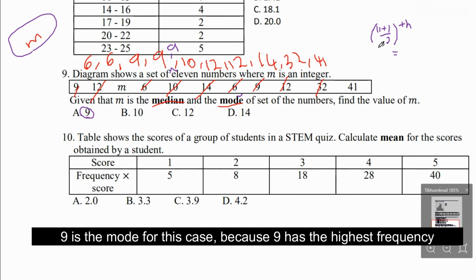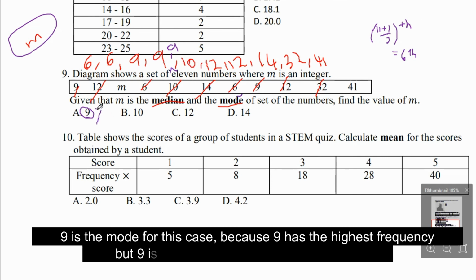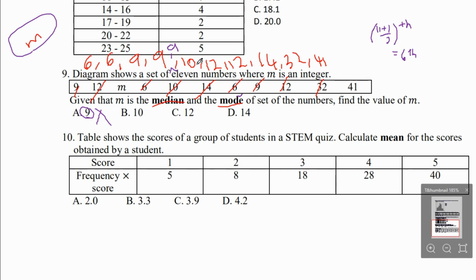So this equals 6th. The median is at the 6th position. 第6个号码 number 1, number 2, number 3, number 4, number 5, number 6. So the median will be 10. Okay, so A is out. A is wrong. Because m is the median also. 你看啊，如果 m 等于9的话，它是 mode 对，可是它不是 median。这样子排的话，我们的 median 是这个10，C 位是这个10，所以9就错了。